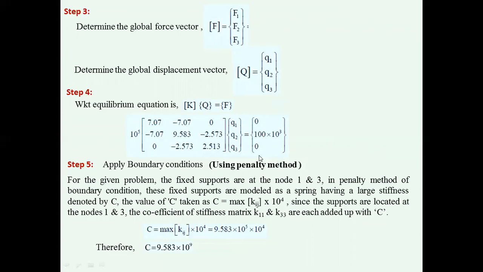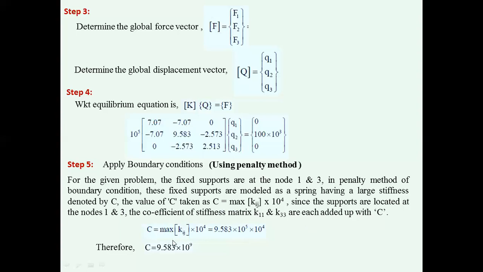I explained already. After applying the boundary conditions and after minimizing the potential energy, in the resulting equation we can see the addition of C. Now you have to add the C to the corresponding supports, that is 1 and 3. Now let us find out the value of C. So C is equals to the maximum of K of Ij into 10 to the power of 4, which is equals to